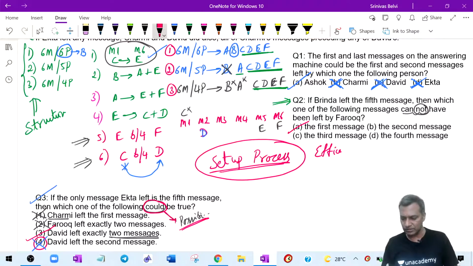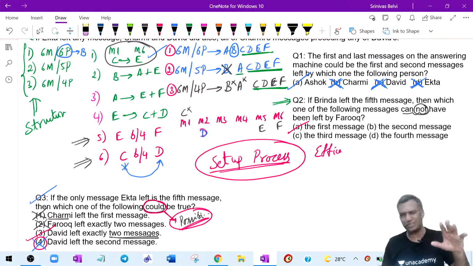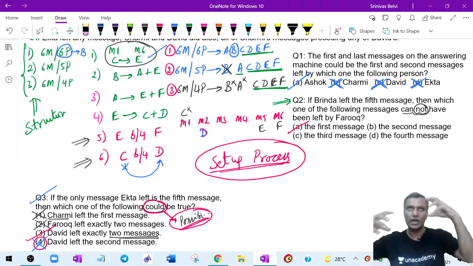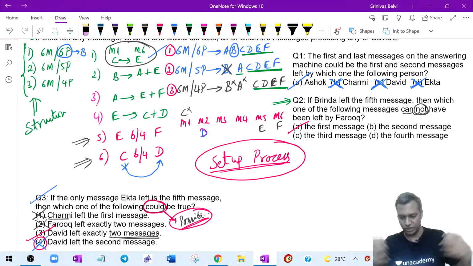Setting up the processes comes with possibilities, impossibilities, the maxima, minima. They will not say, hey, you give the full arrangement, put it in perspective. I'm sure CAT will give just about one set like that. They may not be interested in anything beyond that. So before that, they will always stretch the boundaries. What is the maxima minima trying to do? It is trying to say upper limit, lower limit. It is trying to stretch your imagination.